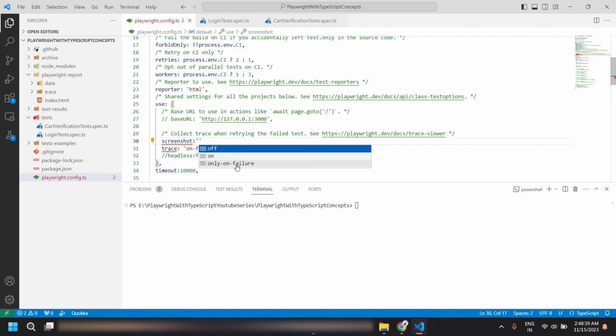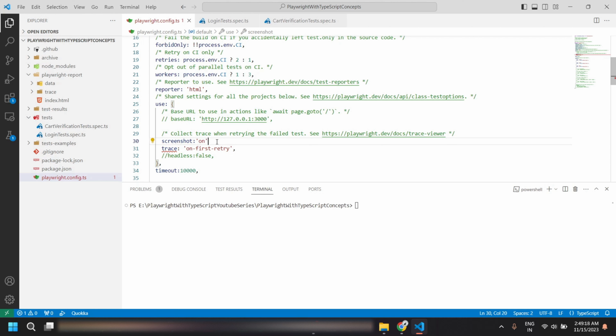Because for the failed test cases, we are going to do the debugging and see why they are failing. So for that purpose, usually we should get the screenshot, but you can keep it on for all the test cases. But in any real-time project, that would not be much useful, right? Because if you are generating the screenshot for all the tests, you would not be looking at it for the passed test cases, right? Because for passed ones, you need not look into it. Mainly you need to focus on the failures, why they are failing. Okay, but for now we are keeping it on so that we would be able to see it in the